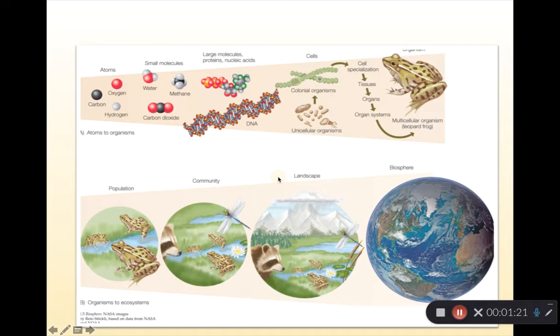So I think whenever you take a biology course, you see these types of images where you have something starting out as atoms, they go to molecules, then it leads up to proteins and DNA, and how that is then organized into an organism, a population, a community. And that is essentially what we're going to be doing in this course: looking at each of these levels and how the science of biology is integrated at each of these levels. But I wanted to give you an overview of what that actually means and looks like.